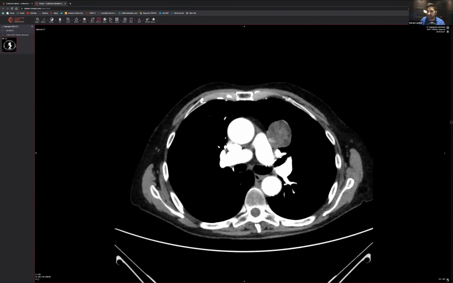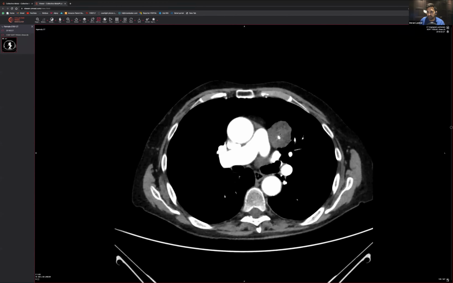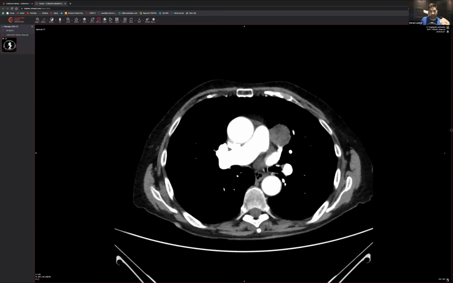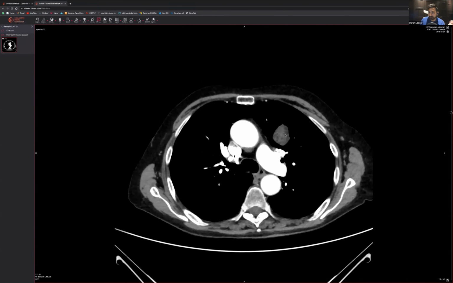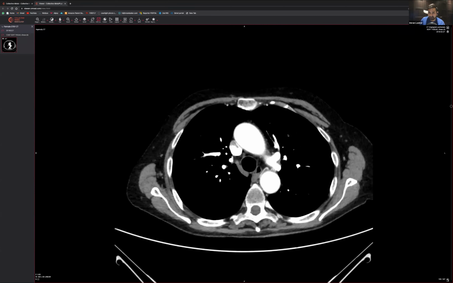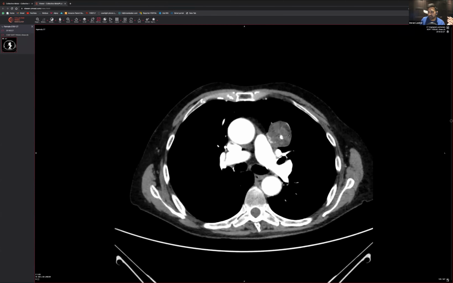Well done. And actually, there are also some low density areas. See that subcutaneous fat over there? There's almost what looks like fat sitting within the lesion. Multiple calcifications. Exactly right. Someone's hit it on the head. This is a pulmonary hamartoma. So nothing to worry about. You don't need to go and chop it out. You don't need to do anything else. This is a pulmonary hamartoma. They've had it for a very, very long time. So great. Thank you so much.